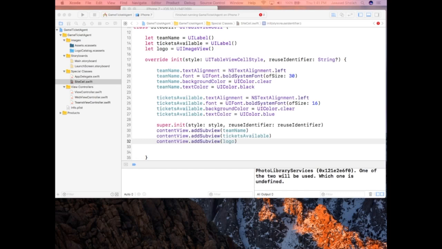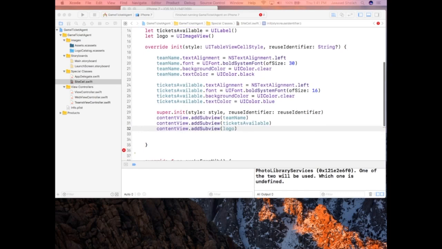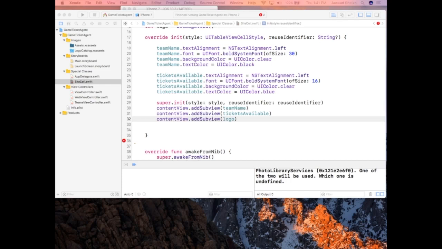All right, so we got our constructor in place. Next step is to get our next method, which is layout subviews, which basically is where we depict where the X, Y, width, and height values are for all three items: tickets available, team name, and logo. So just below it,